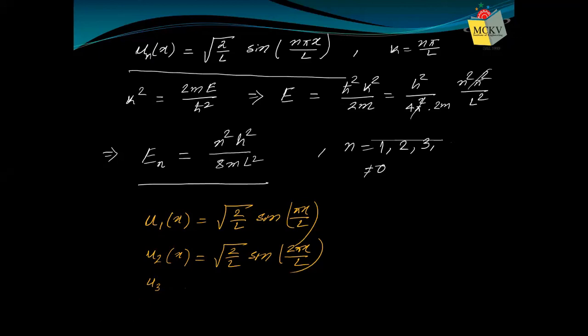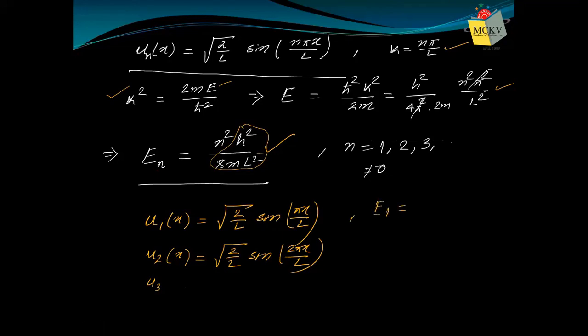And since k is now known, we can write down the expression of energy. So energy comes out to be h-bar square k square by 2m. K is known, the value of k is n pi by L, so put the value of k. So En comes out to be n square h square by 8 m L square. Again, you observe h square by 8 m L square is constant for a single particle, but n has defined values 1, 2, 3, etc. That's why we have written En,